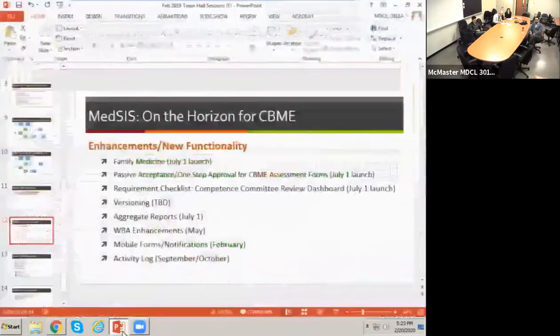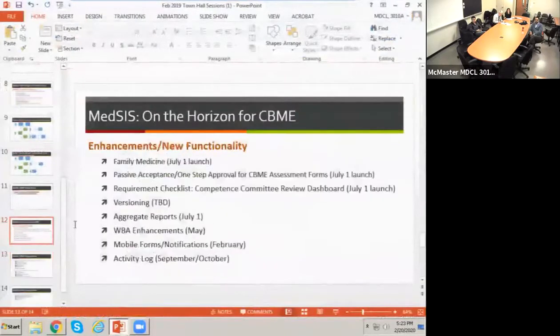Okay, the last thing I just wanted to talk about were the enhancements that are coming up on the horizon. We are developing a CBME dashboard for family medicine, and that's in progress, and they're going to be officially launching July 1. The one-step approval or passive acceptance where I can hand my phone over and you can complete the form. We're creating a competence committee review dashboard, and that's something we're just in discussion about now, where another one of those tabs would be specific to a competence committee review, and the program would create a template of what this review looks like: what are all the documents involved, what are all the steps involved,